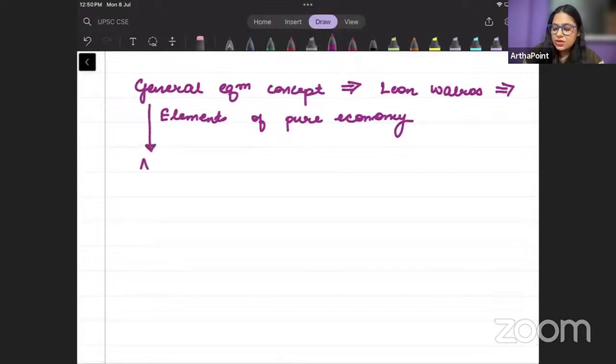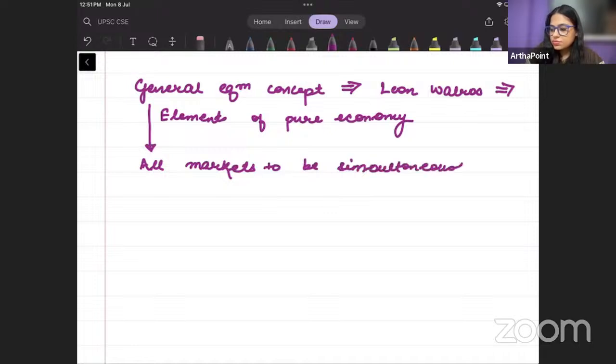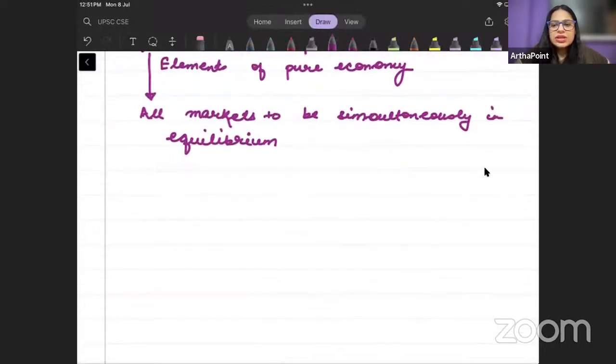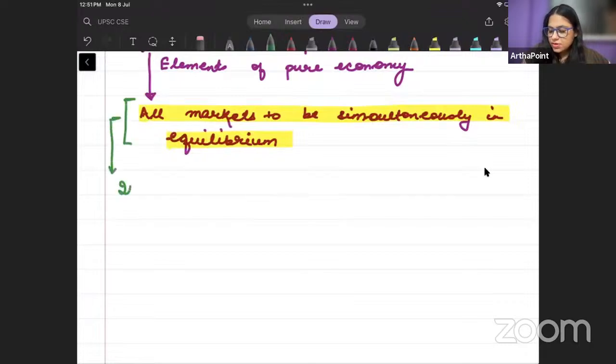And he said that we want all markets to be simultaneously in equilibrium. We want all markets to be simultaneously in equilibrium. Okay. Now, here he made a point which we will be talking about in the general equilibrium chapter, but he actually went ahead and said something very important which we can just write down here itself, that if